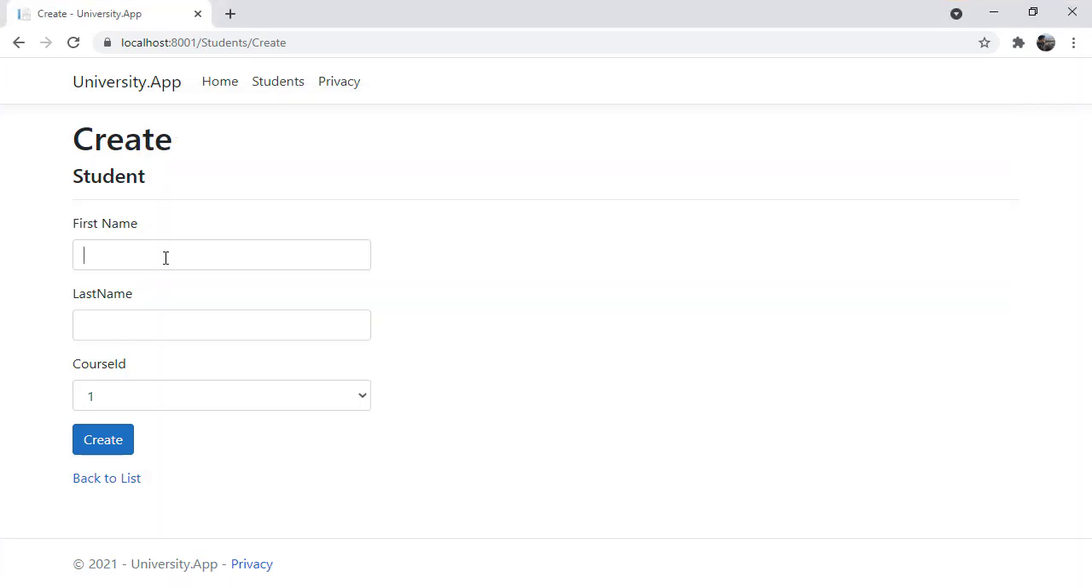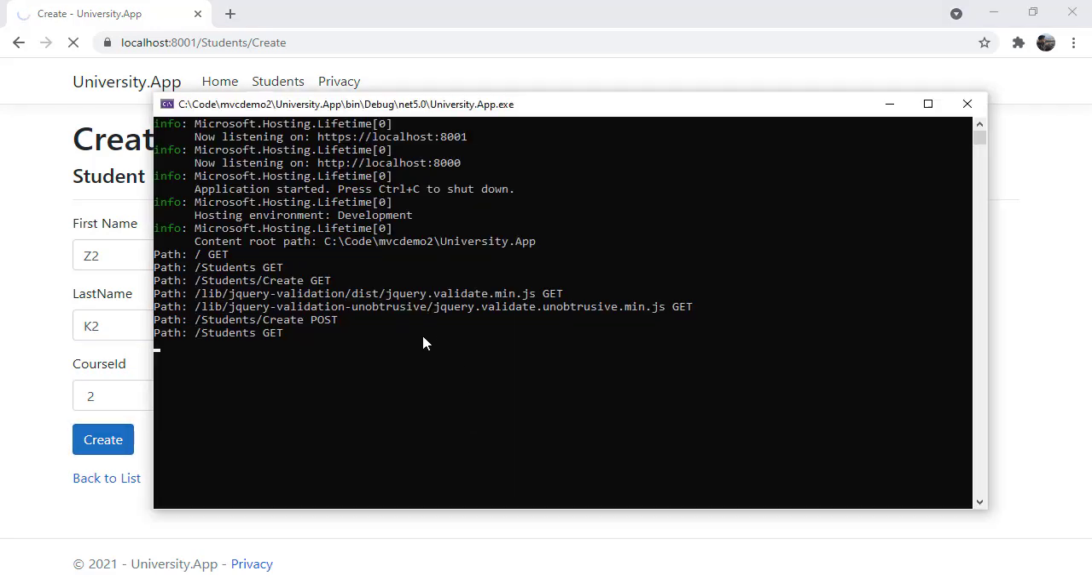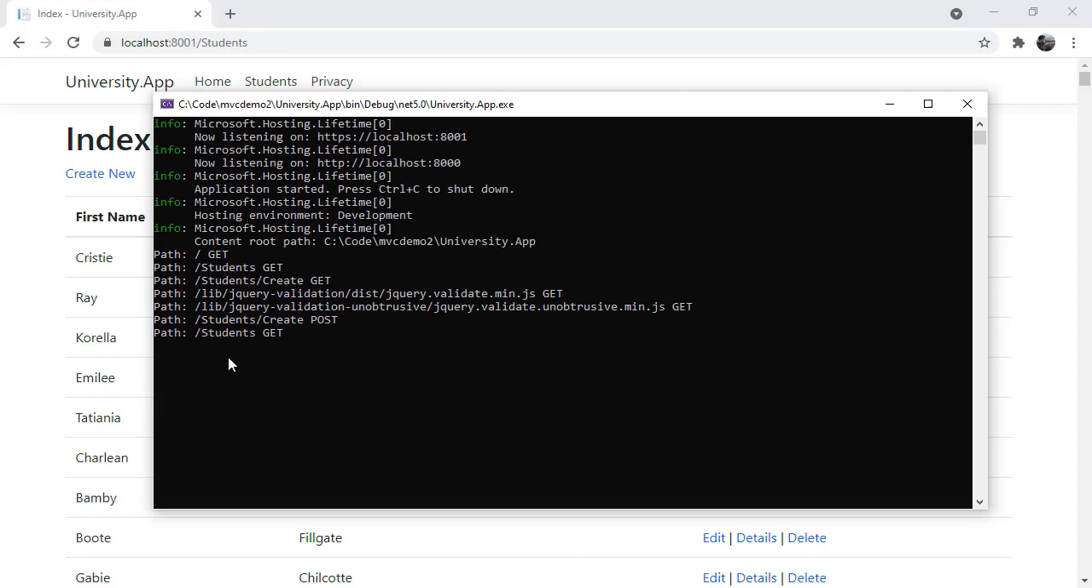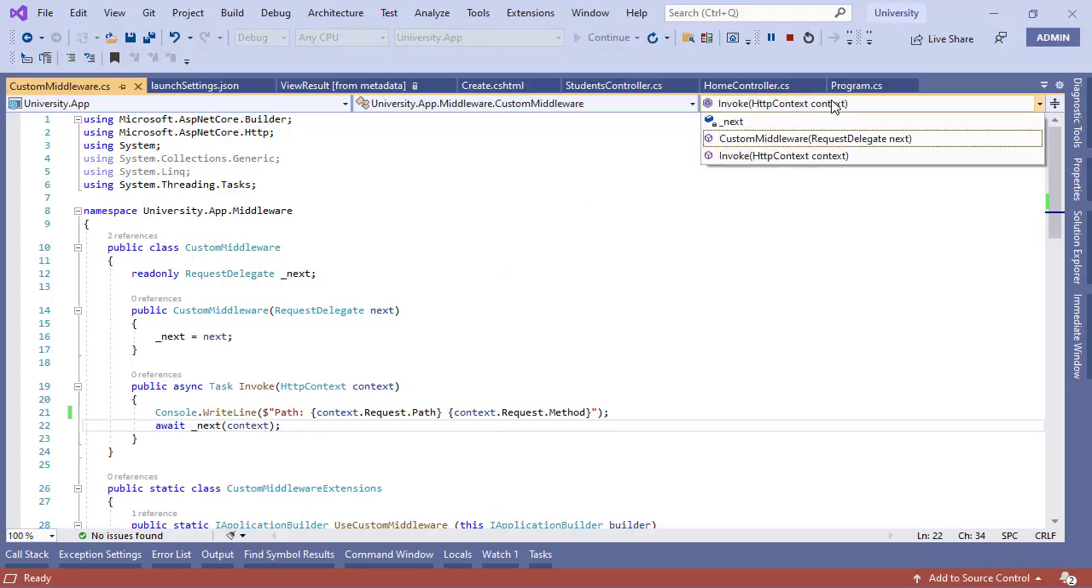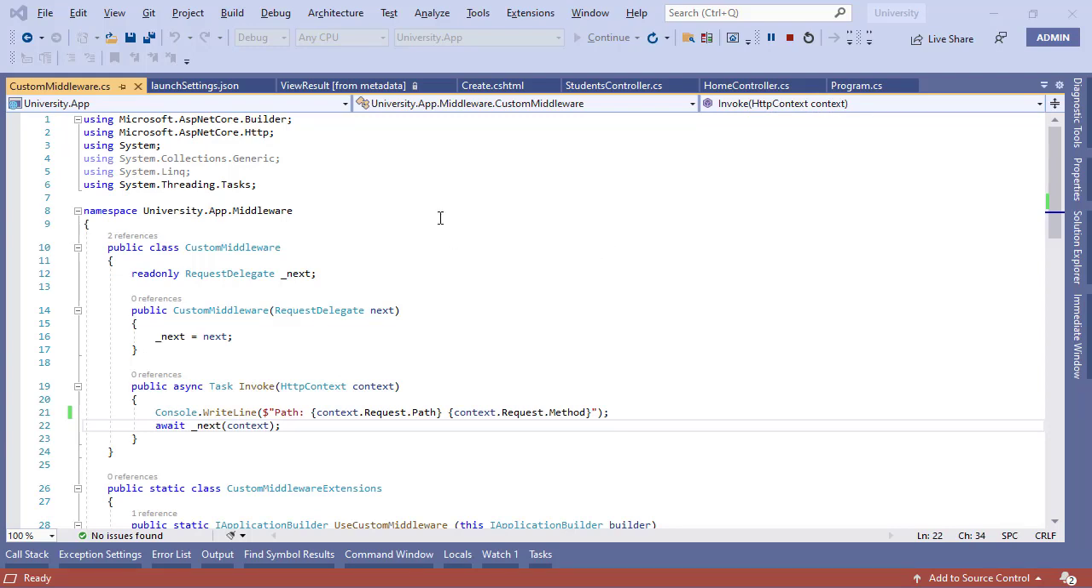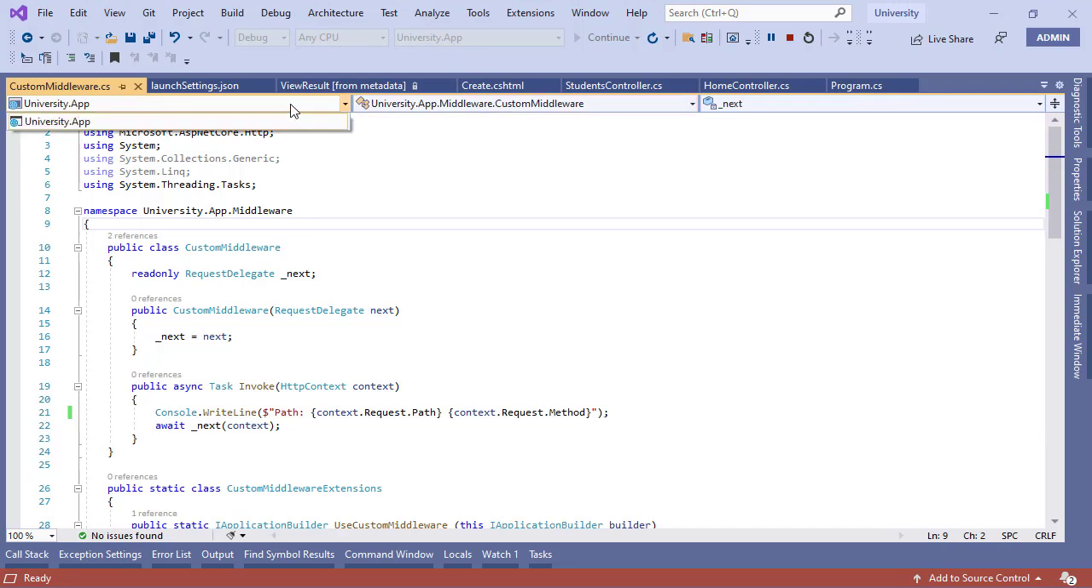Now, if I provide my name, I'm going to change it to something tricky and enroll for course number 2. Once I hit the create button, notice this post element. Remember that we had 2 implementations for create, like this. Not in the custom middleware. I want to go to